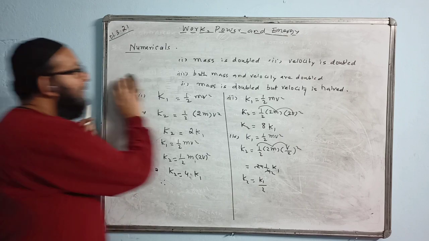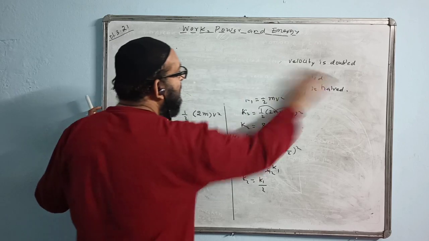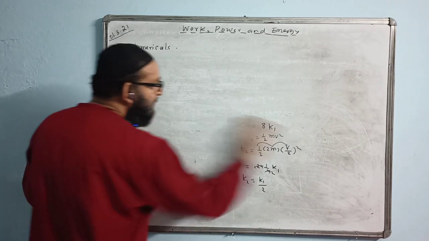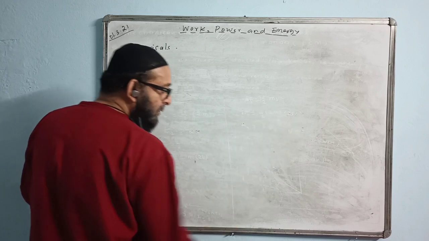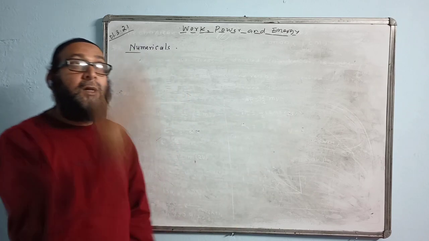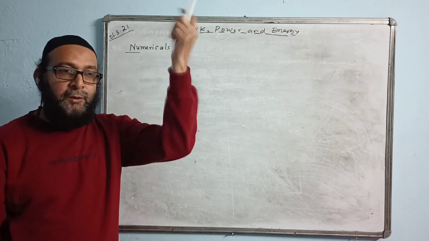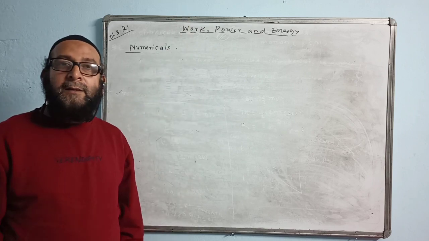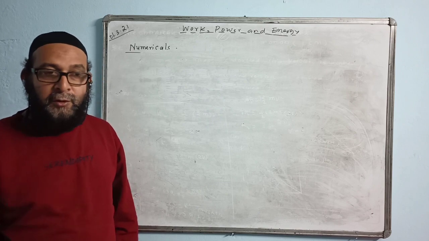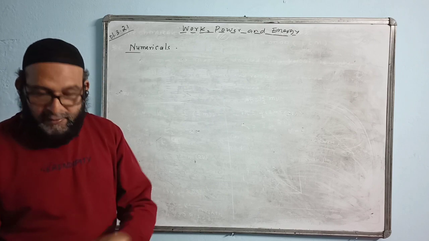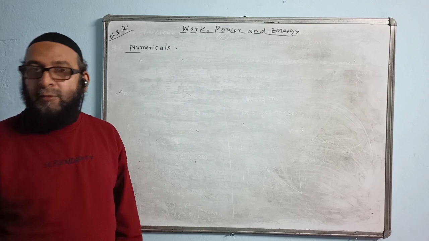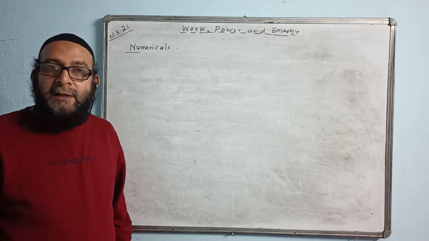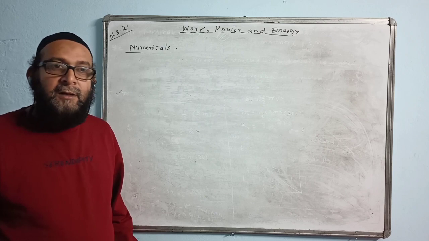Okay. And the last type of problem which you need to learn in this chapter is energy conversion. You have to keep in mind, a body goes up, that is kinetic energy changes into potential energy. So when velocity is given, we will find kinetic energy. But if the question asks to find potential energy, this only will change into the potential energy. So the value will come the same. That is, potential energy is equal to kinetic energy, we will equate and get the answer.